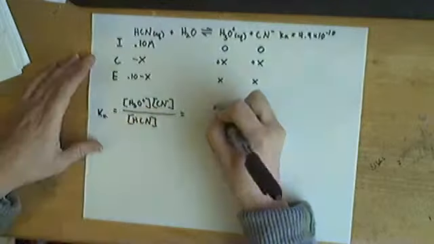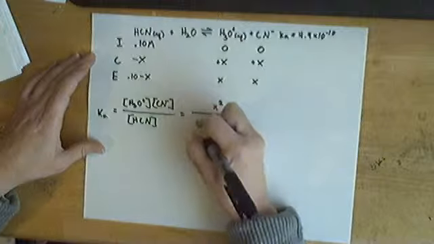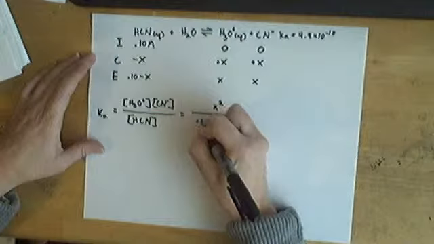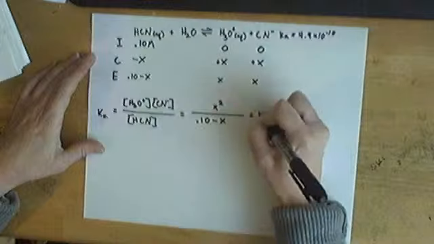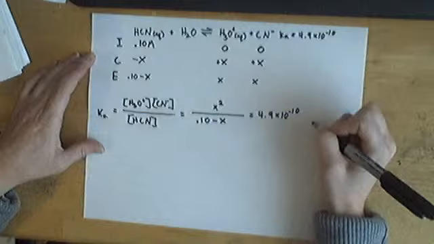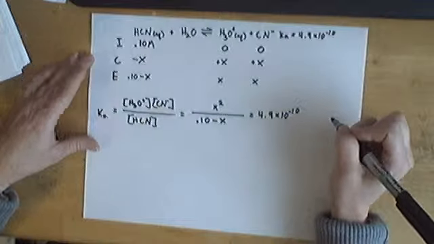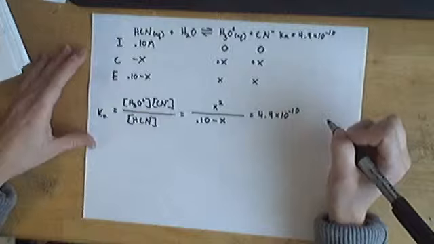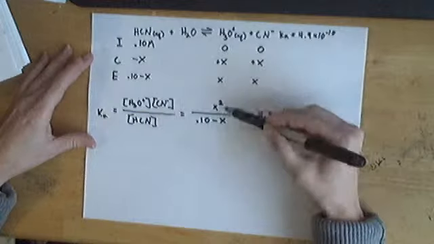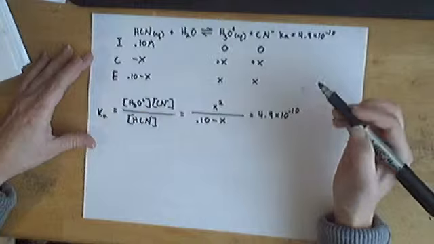X times X is X squared divided by 0.10 minus X. We're setting that all equal to 4.9 times 10 to the negative 10th, because that's our equilibrium constant. Okay, so this looks a lot like the problem we did last class, right? You've got X squared, you've got X's, and you're well on your way to having to solve a quadratic equation,